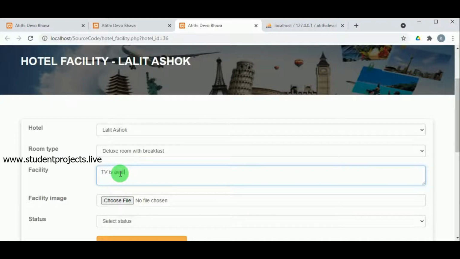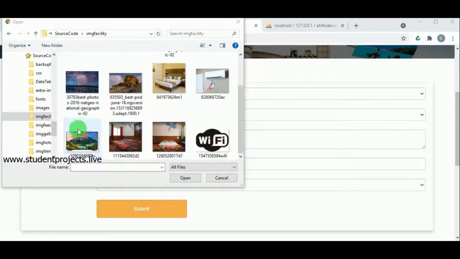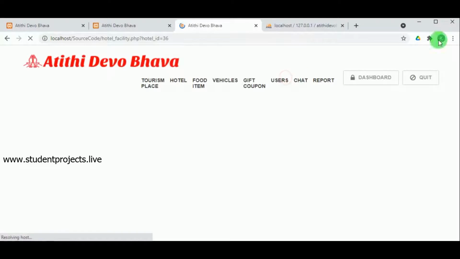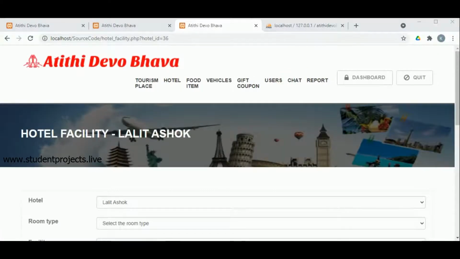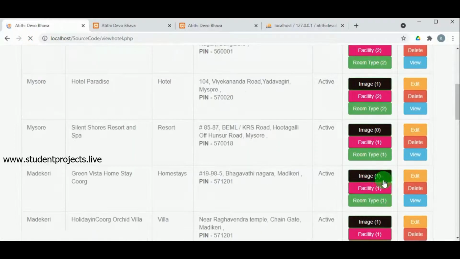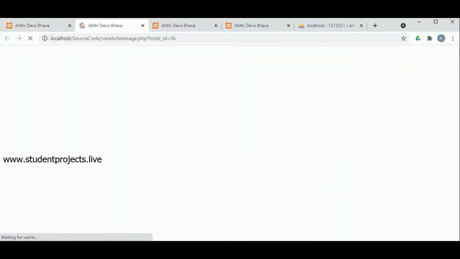So here TV is available, so we can also write iron box is available or Wi-Fi available, and select the image, then select the status as active and click on submit. So the hotel facility record is added now. So let us refresh and you can see the hotel facility which is updated to 1, which was 0 before. Now let us add the image. So click on upload image.